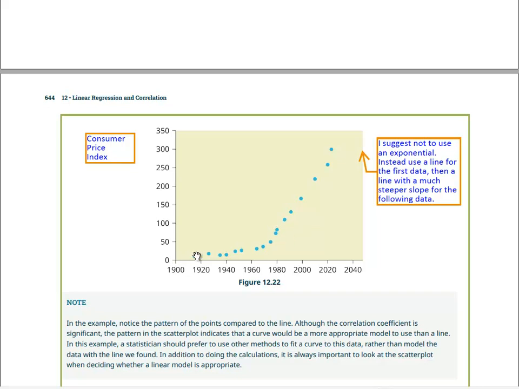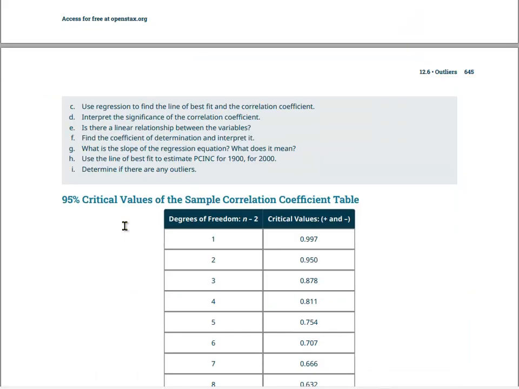So what I would do instead is say, okay, throughout the most part of the 20th century, it's kind of like a straight line here, and then it's a straight line here starting around 1980 or in the 1970s. It's just that the slope is steeper, and at some point it's going to plateau out. So I would deal with the data in a different way. Again, I wouldn't put an exponential on this one. That's actually it in this particular